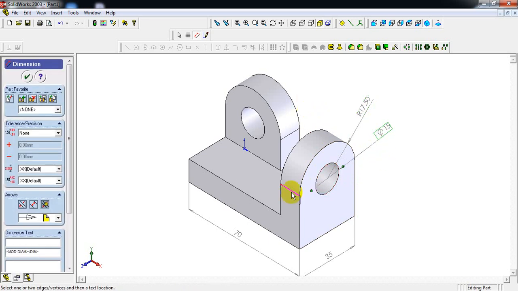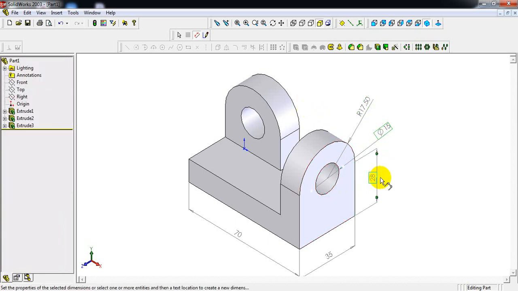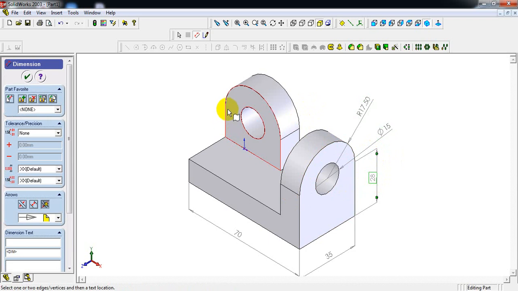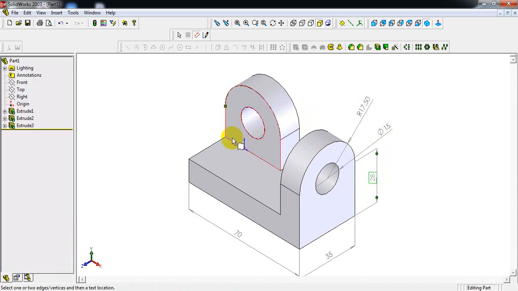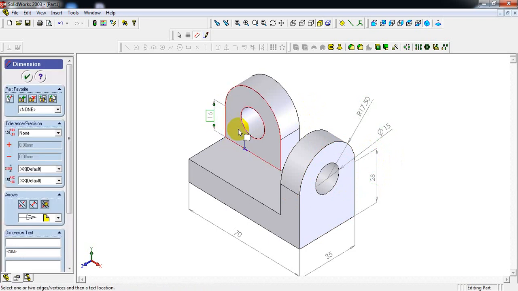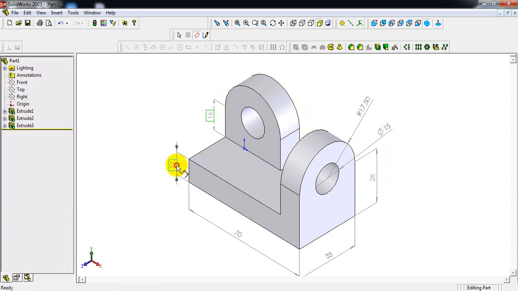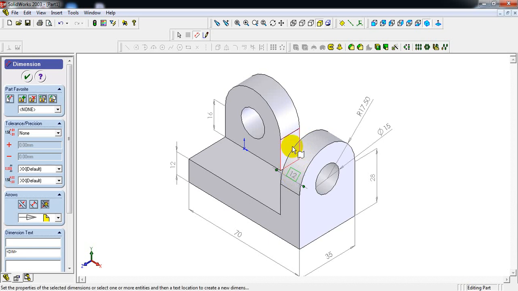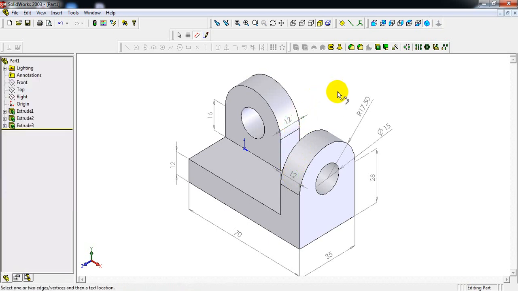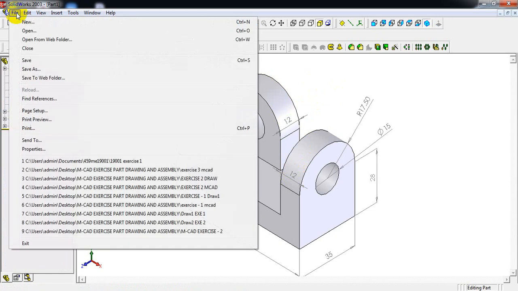Next, height is 28. Here it is 16 mm. Thickness is 12 mm. Here its thickness is 12 mm. Is also 12 mm. So these are the dimensions for this. Now save the file.